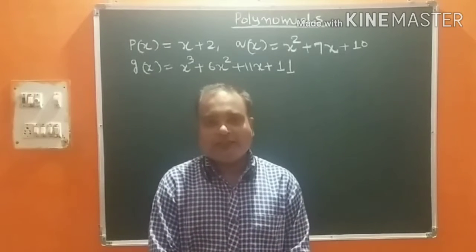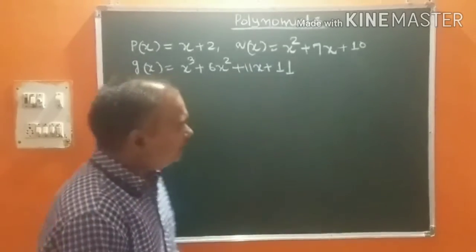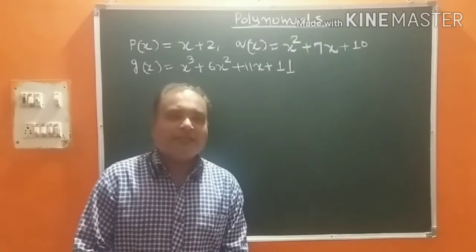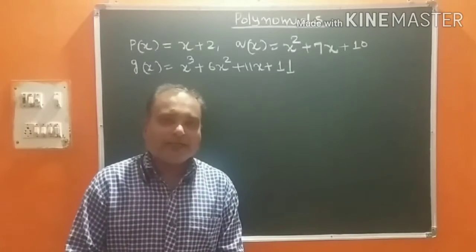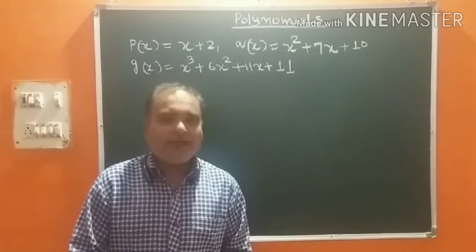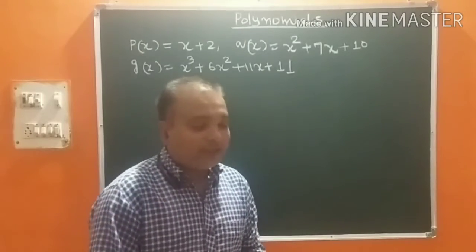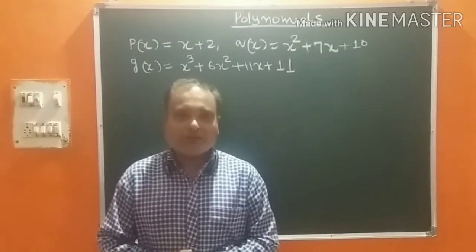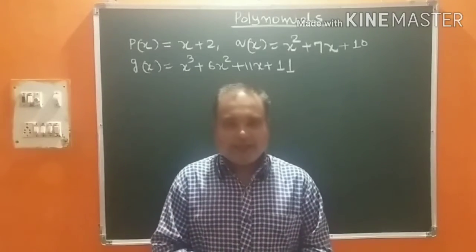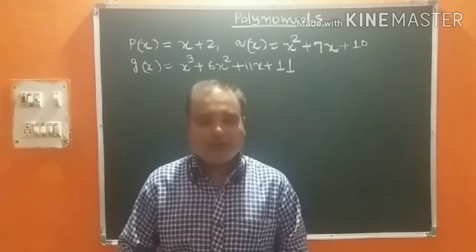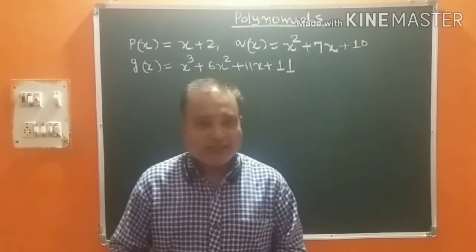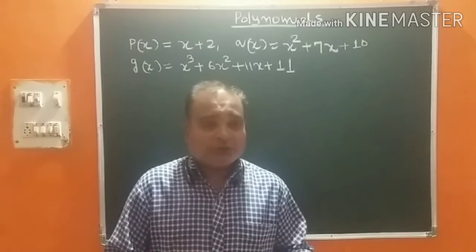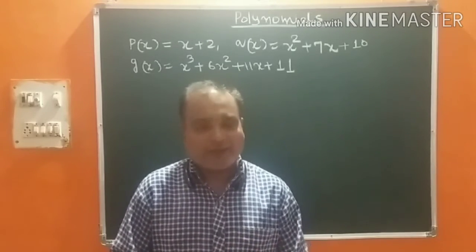Students, now start the chapter polynomial. So first we define what is polynomial. Basically polynomial, it is an algebraic expression that consists of variable and constant. Now the question arises, what is variable and what is constant? Basically variable and constant both are a number. If a number is already known, then we can say it is a constant. If the number is unknown, that means we have to find the number. So the unknown number, that is called variable.